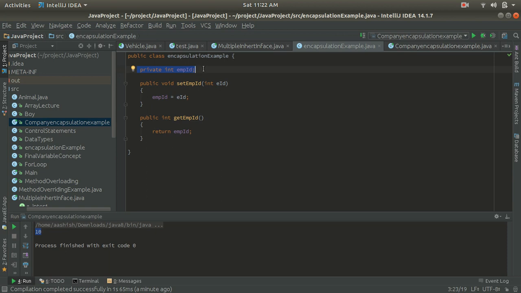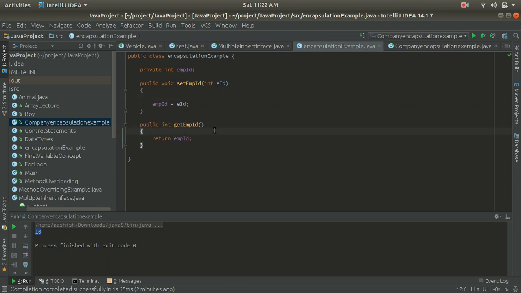In encapsulation, we wrap a data variable and a method in a single unit. With the help of the setter and getter methods, we can write our implementation of what we want to do with this employee id, and we can take the value with the getter method.